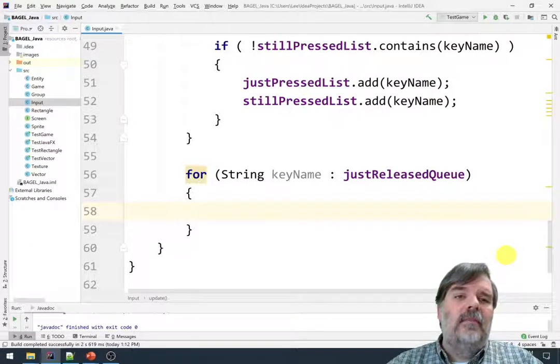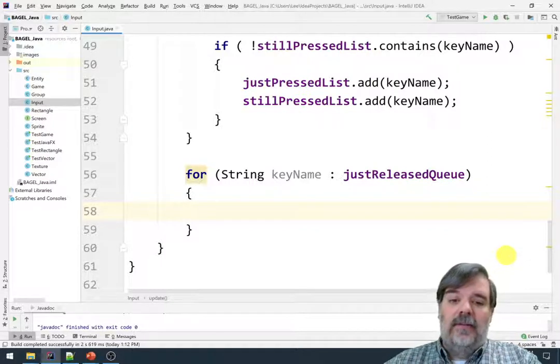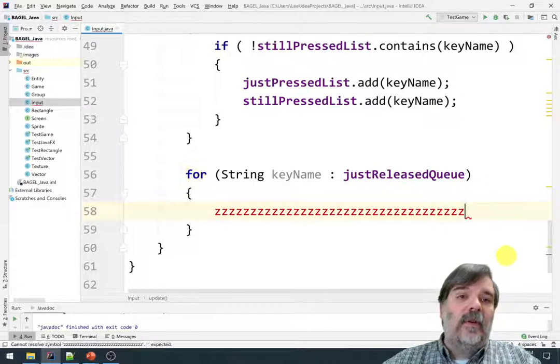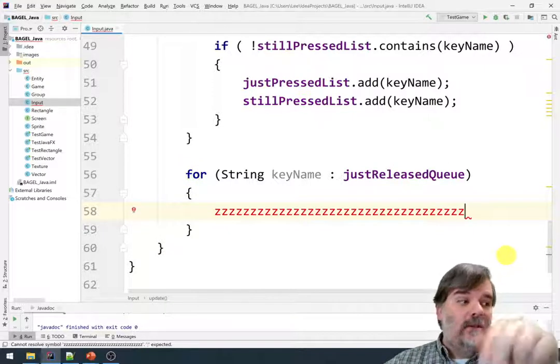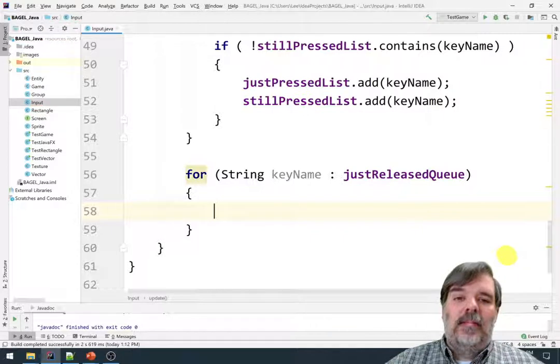Sometimes the key press event fires repeatedly if you're holding a key down. Like if I was to hold down the letter Z, I see a lot of Z's even though I'm not tapping the key again and again. So that's why we need to be careful about duplicate keys in the press, but once you release it, it's